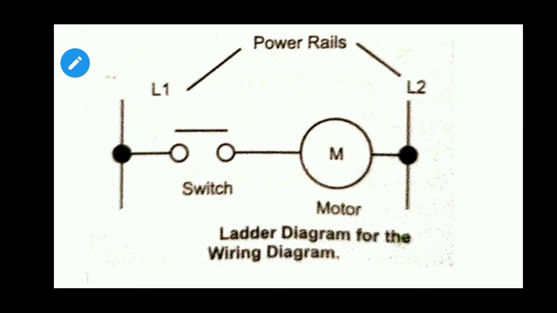So in here the switch is in series with the motor. The power supplies are the vertical lines and the control elements are in the horizontal segments. This horizontal circuit always looks like the rungs of a ladder. The ladder diagram's main emphasis is on the control aspect of the circuit more than on the physical positioning of the components.